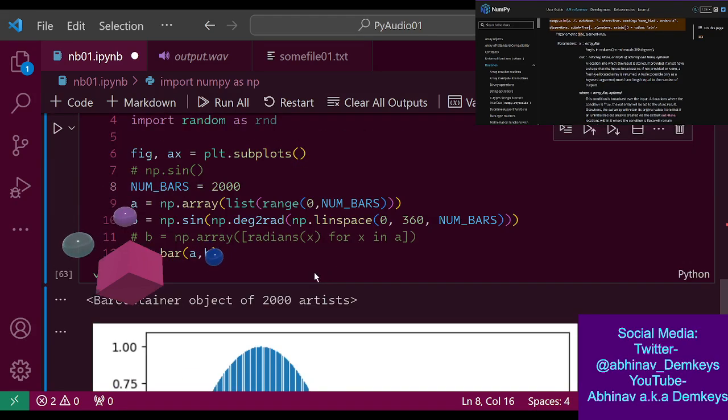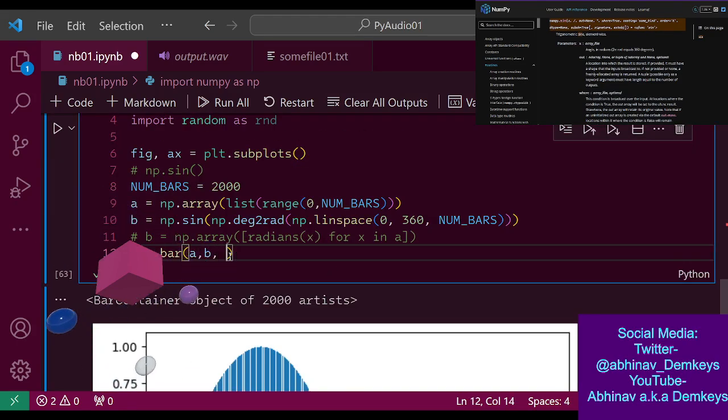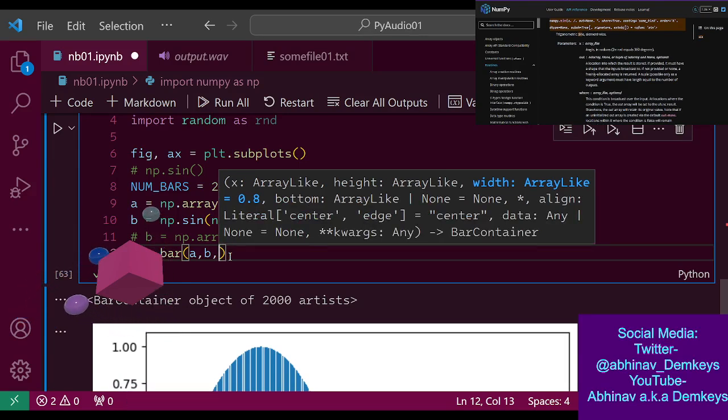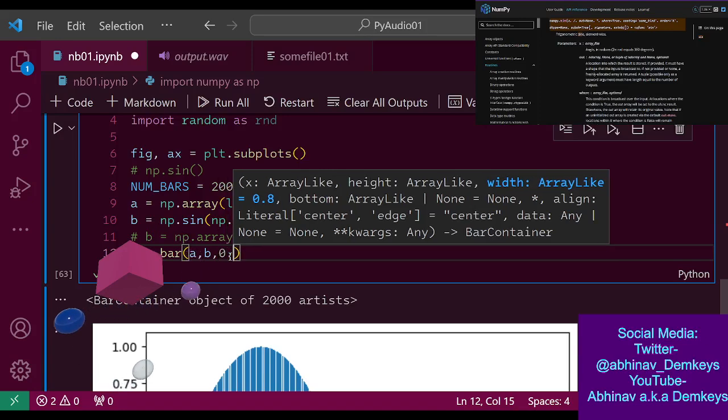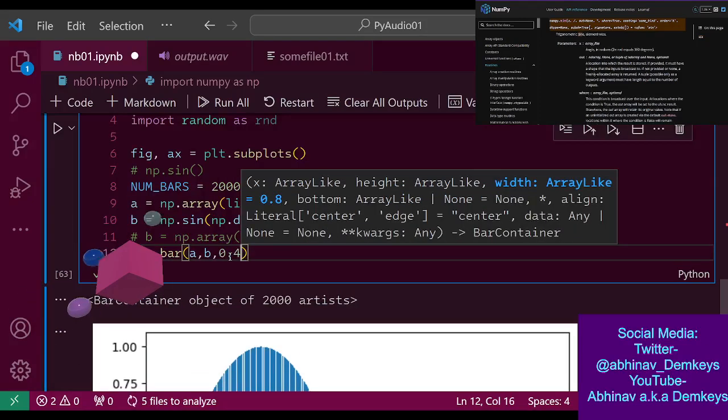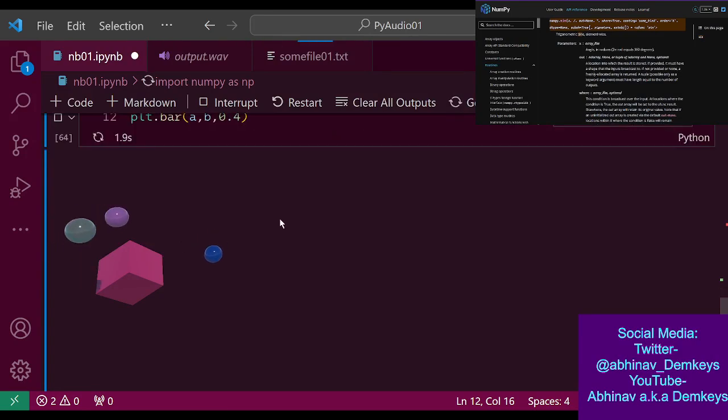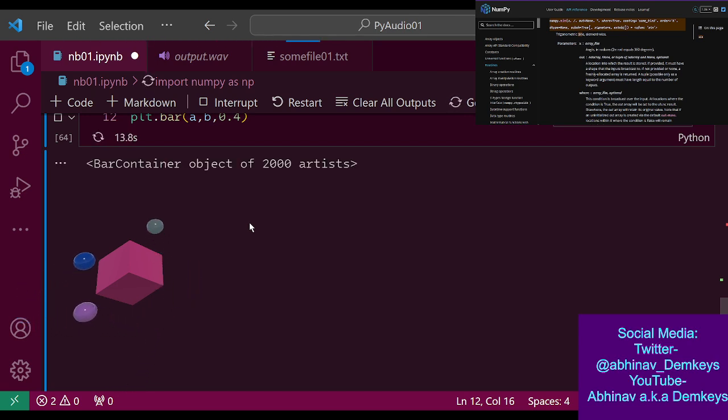I wonder if the bars are just blending together. Could that be the issue? The width is currently 0.8, so let's take it down to 0.4 and see how that looks. Yeah, I'm wondering if it's just an issue with the rendering, like they're so close that they're kind of just blending together.